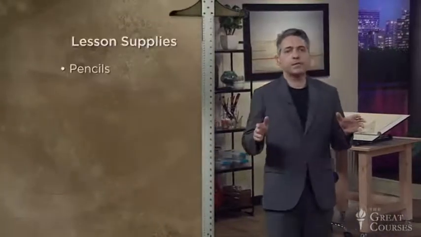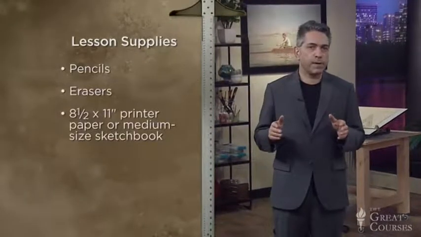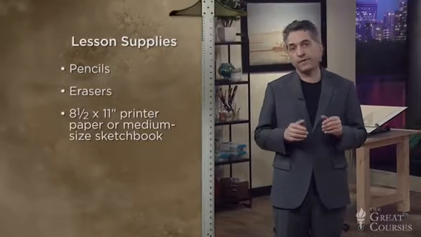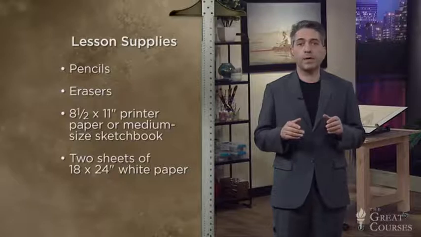more sophisticated way. You'll need some pencils, erasers, and some smaller paper. 8.5 by 11-inch printer paper or a medium-sized sketchbook would be fine. You'll also need 2 sheets of 18 by 24-inch white paper and a couple sticks of vine charcoal. You'll also be using your still life table and 8 to 10 simple objects, things like we used in the